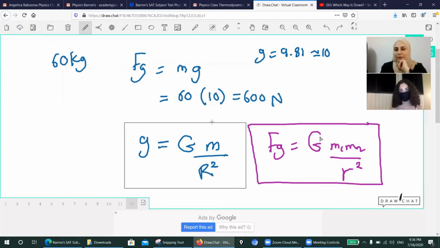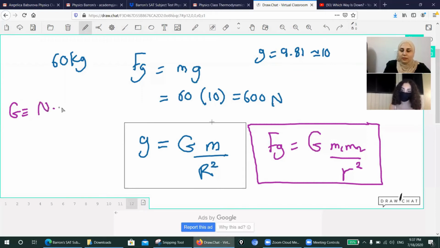Now, can you derive the unit of G now? Yes, you would multiply. In terms of the equation, it would be G is equal to Fg times r squared divided by m1 m2. Exactly. So it's Newton times